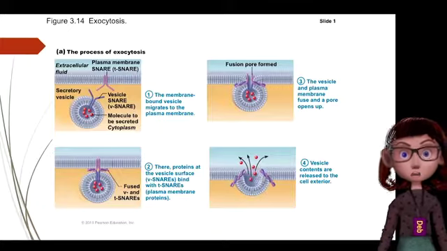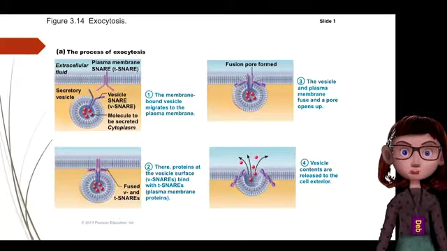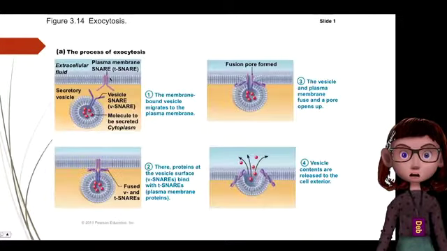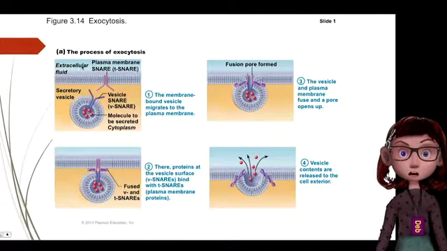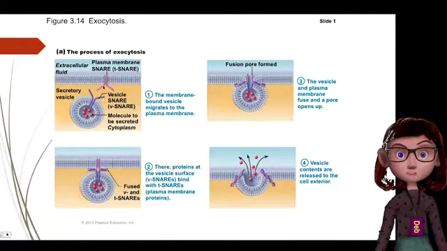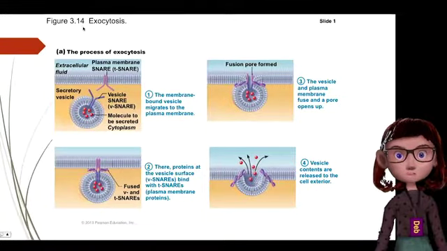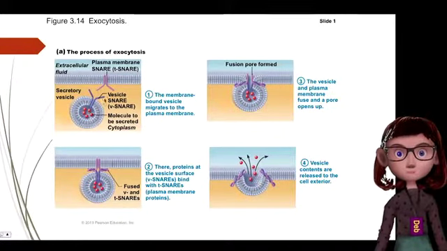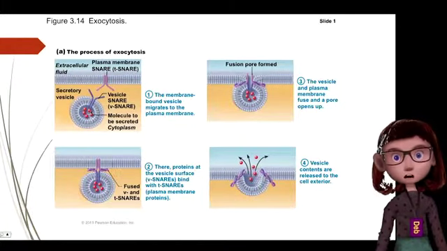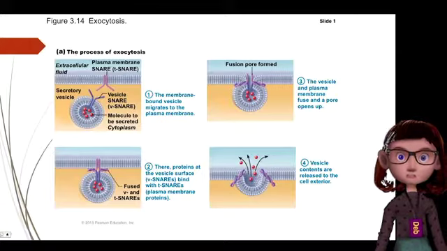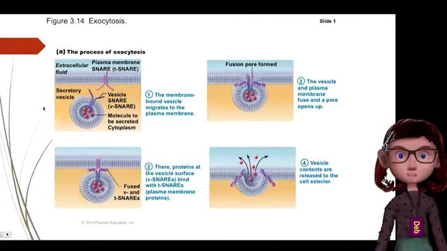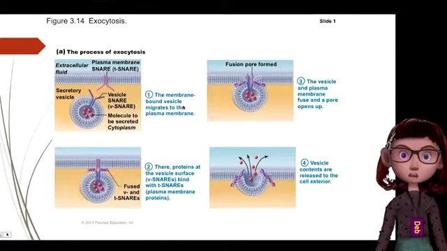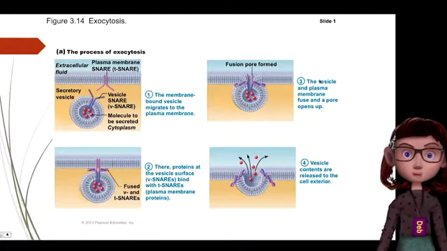And this is showing you the step art, and this is quite a bit of detail showing you the process of exocytosis. Here's the plasma membrane, and they've actually discovered these little complexes of proteins. This is called a SNARE, and it will signal the secretory vesicle that responds to it. The vesicle will be carrying this molecule that's supposed to be secreted, so it will be guided by this SNARE right here. The membrane-bound vesicle migrates to the plasma membrane, and this